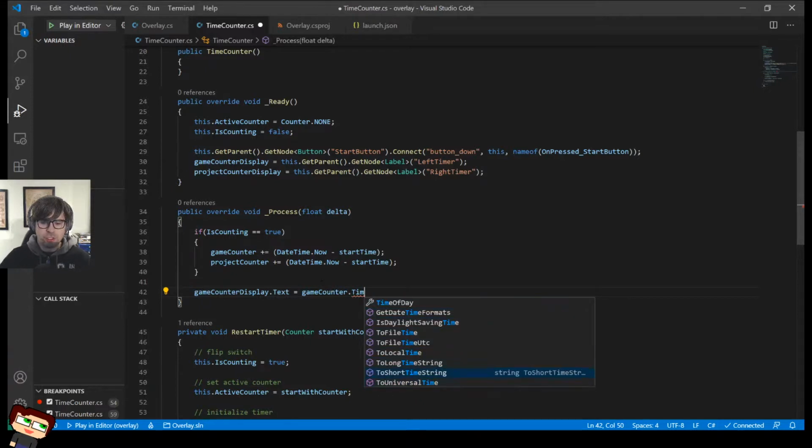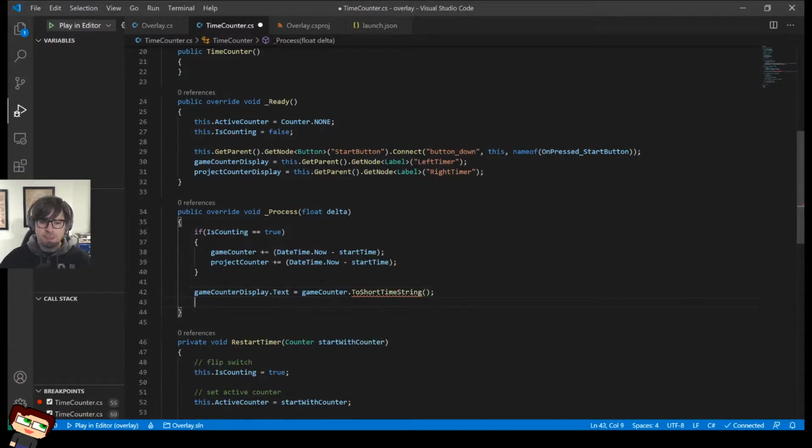Let's just do a short time string, just because I am running so out of time. Dot text is equal to project.